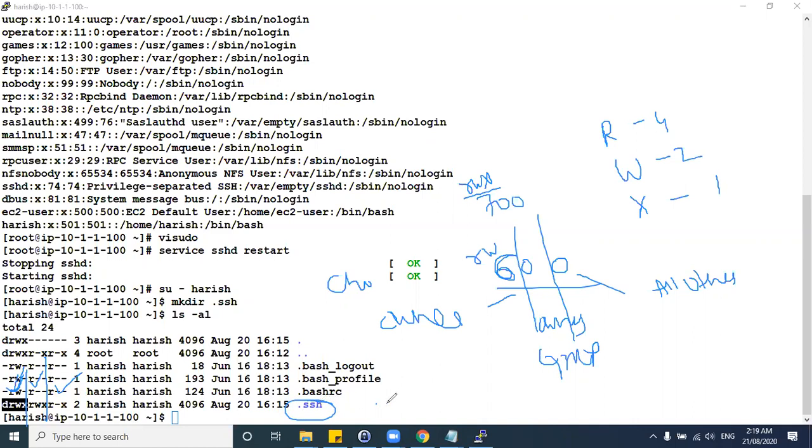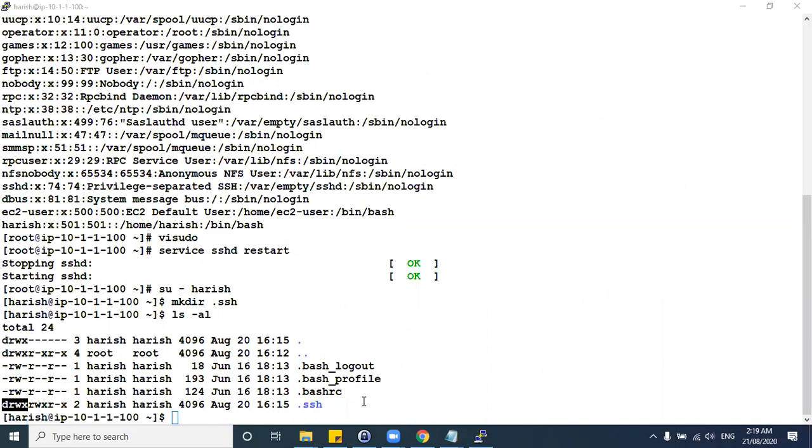But this is the .ssh folder, which contains the information about your public key. So only you must have permissions and access for this particular folder. If you want to change this, you need to execute the command chmod 600. I mean, you need to execute it on the authorized keys. So I guess you need to give 700 here instead of 600.